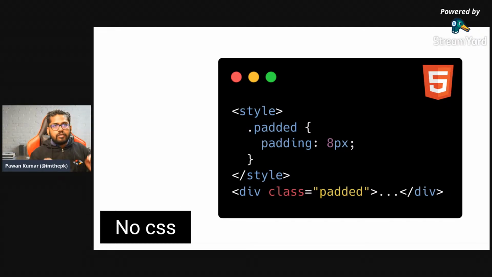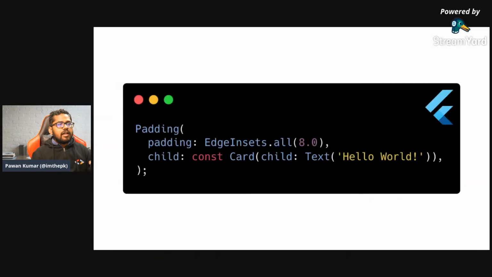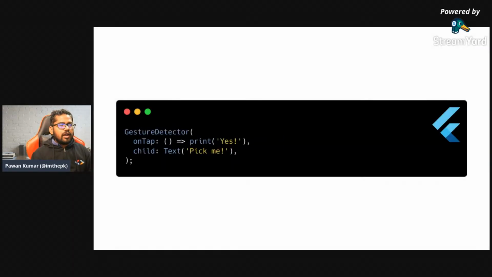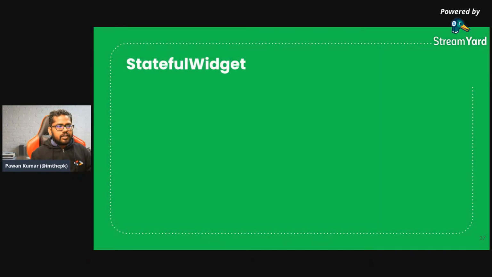So in Flutter, we don't even have to use some template, no CSS, and we could just use widgets. Okay, so for padding, here you can use a card widget and you can just display a card. And for gestures, let's say you can just add a gesture detector, and it gives you some callbacks like on tap or on double tap, on long tap, and all these things. So you can use that.